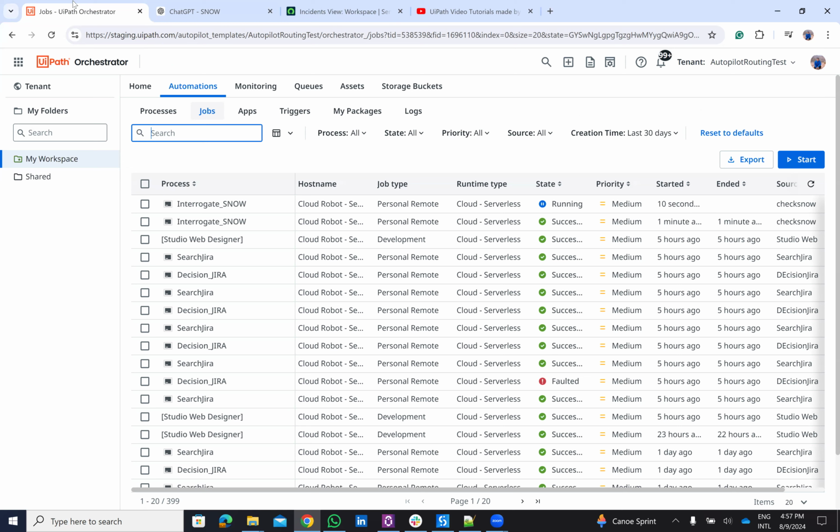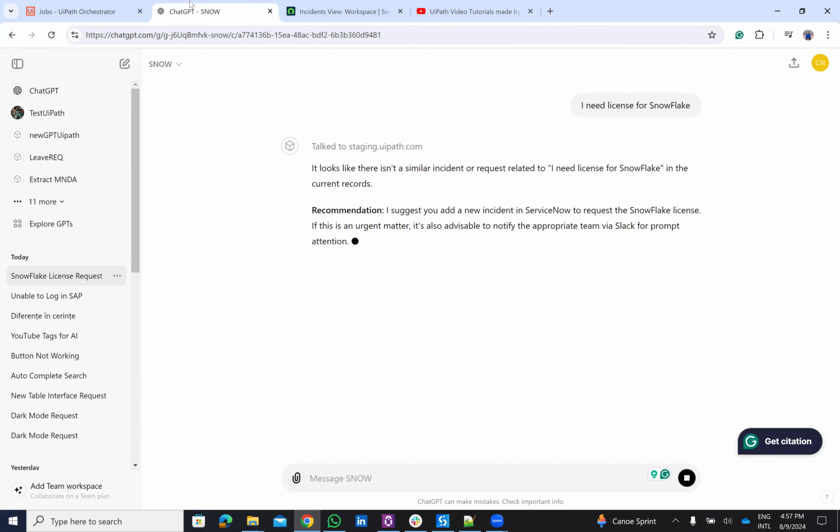After it collects all this data, it will send it to ChatGPT to make a decision. The recommendation is to add an incident, because we don't have anything with Snowflake. We don't have any request on it. So the recommendation is to add an incident. So say add incident. ChatGPT will formulate